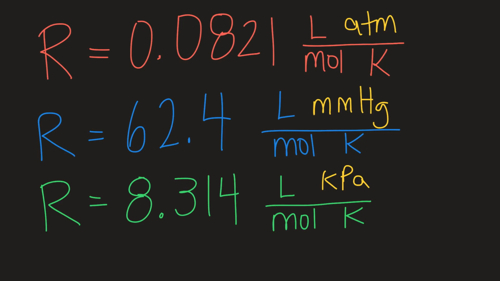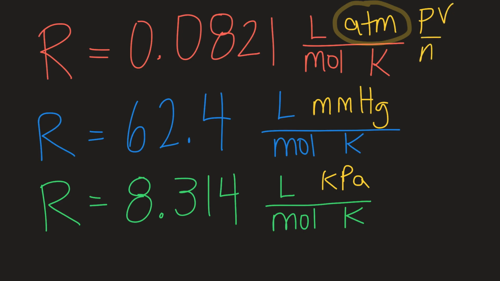This is the universal gas constant, R. So you see three different values with three different units here. And you might say, well, if it's a constant, why are there three different values? And that has to do with the fact that in each case here, you have different pressure units. So don't forget, R is equal to